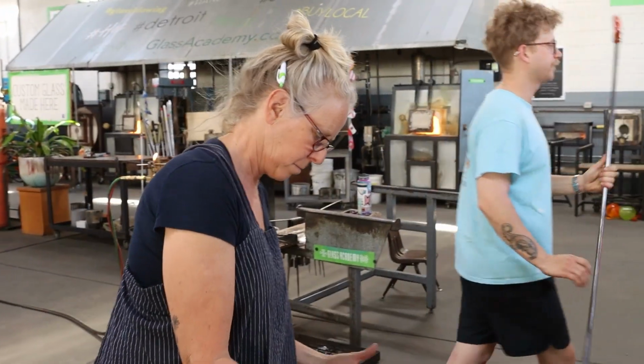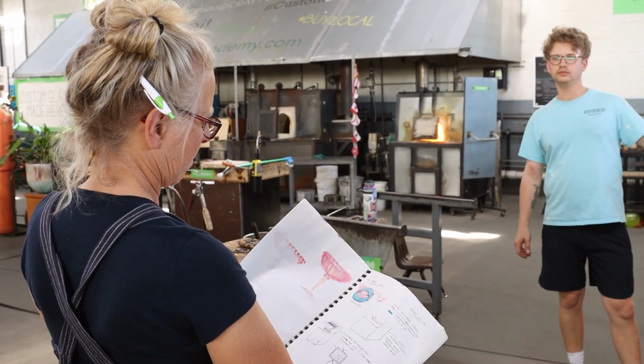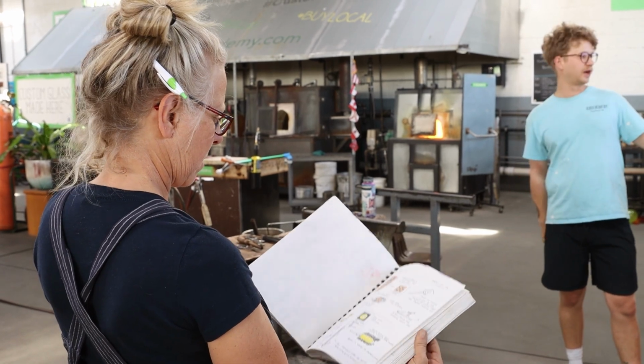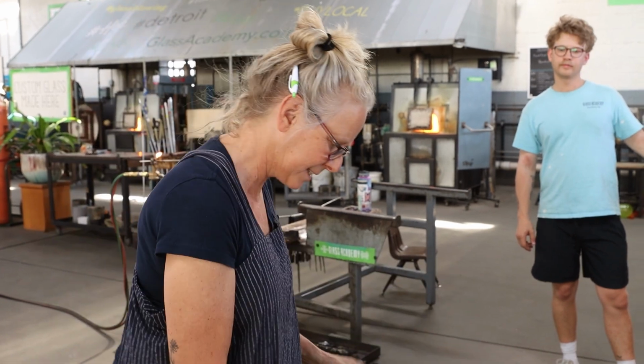But here Michelle goes. She's going to show you the book. There's a lot of beautiful drawings in here. Really cool Italian style glass work. I was like, yeah, it's right over there. I was just trying to tell her where it was. She hadn't looked in this book in a long time, but when you see the picture, it's a really cool picture, and